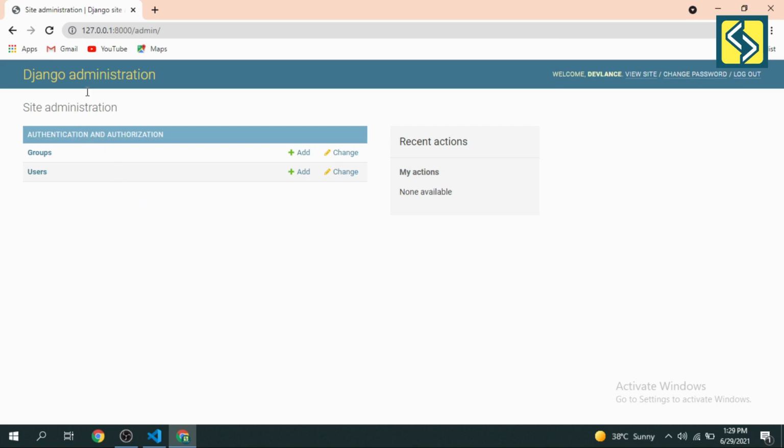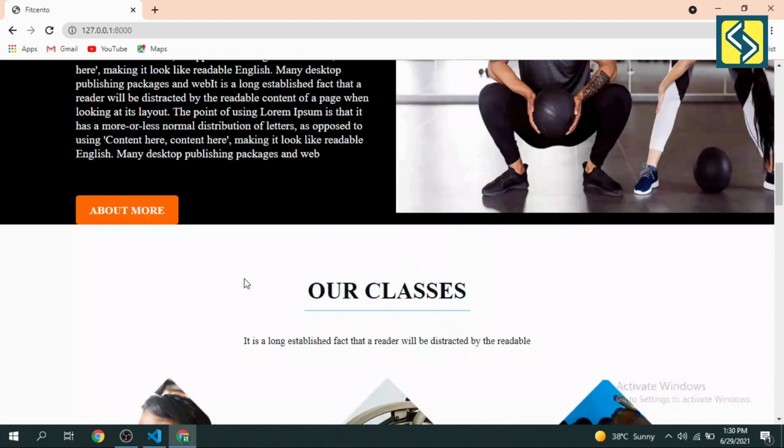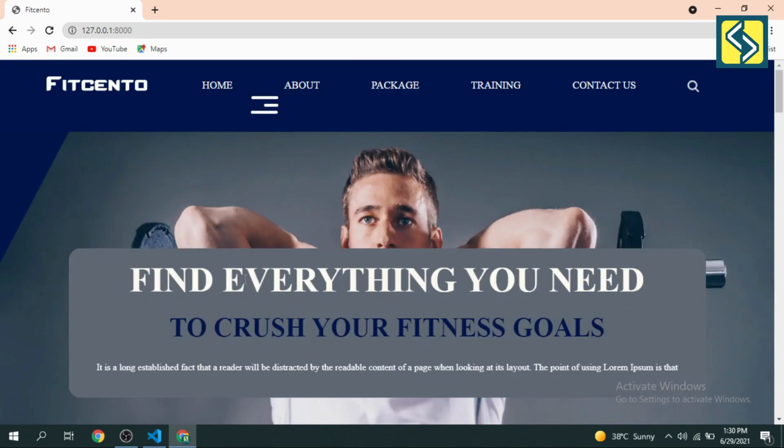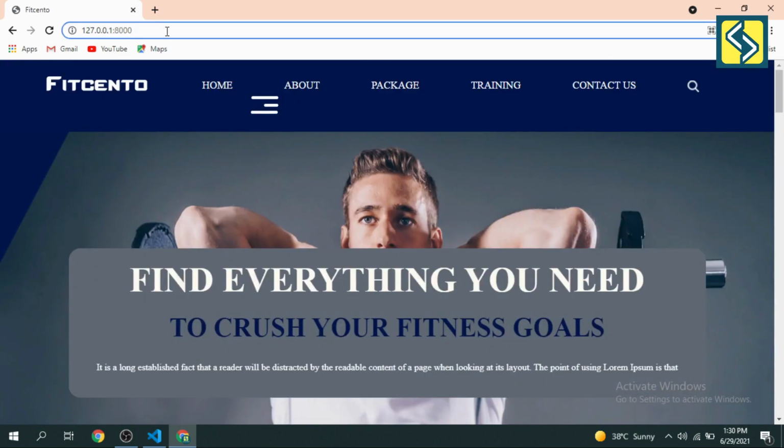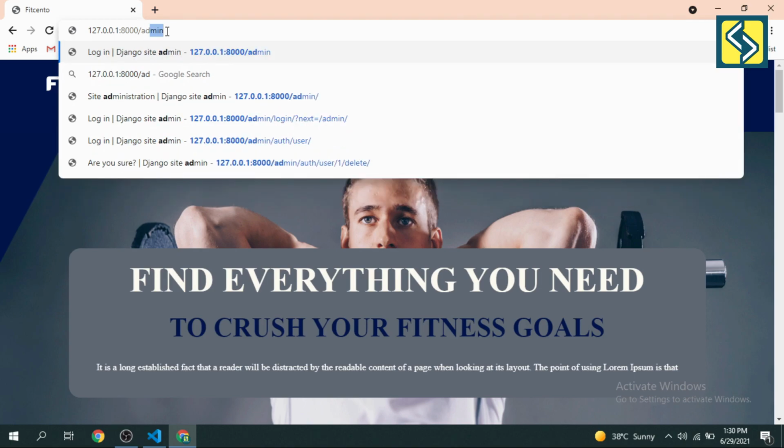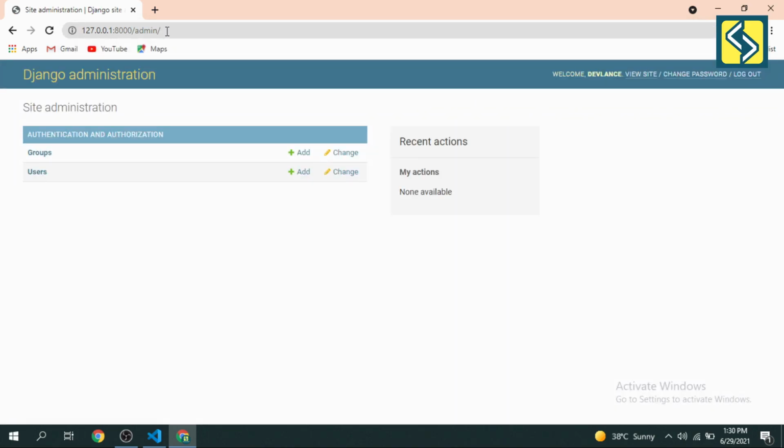So here you have to look: welcome to devlans, this is the username, and if you want to visit your website then click view website. It will take you to your website. And go to the admin panel again, type admin, and it will take you back to your admin panel. Here you can change your password also, and you can log out by clicking on logout